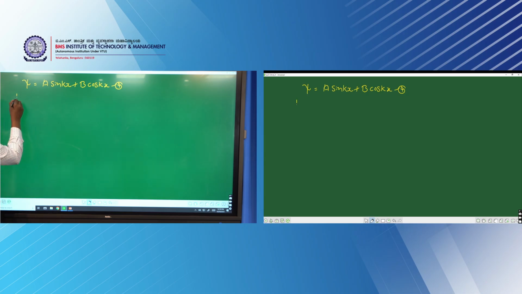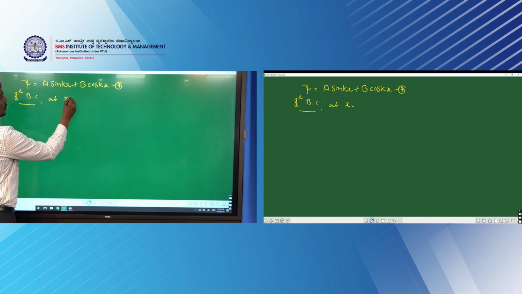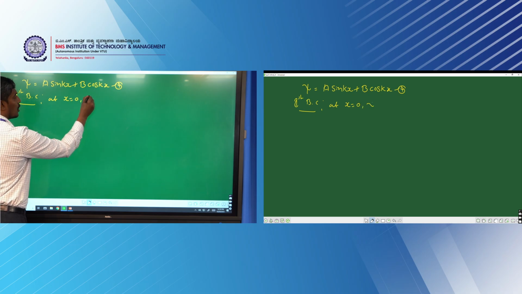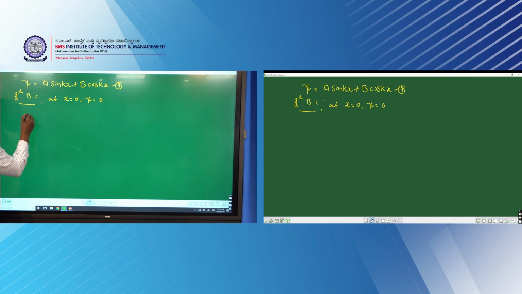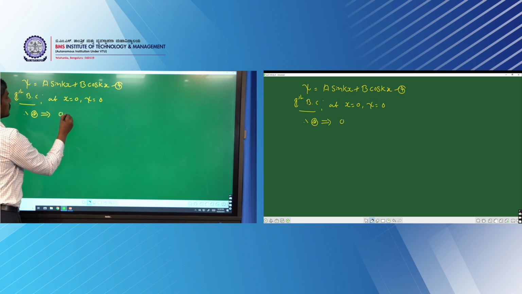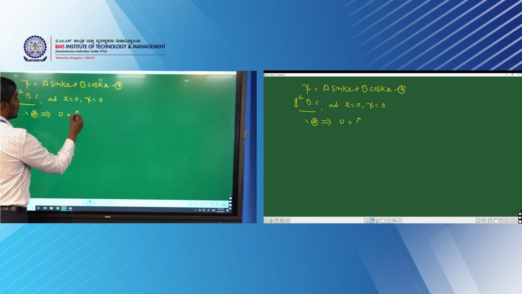At x is equal to 0, the value of psi is equal to 0. Therefore equation 4 now becomes 0 is equal to A